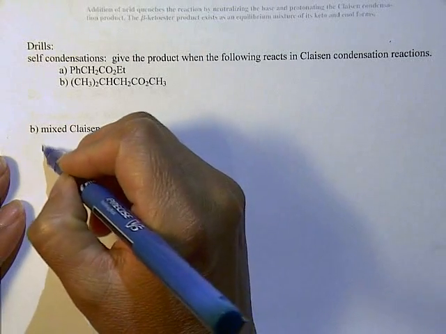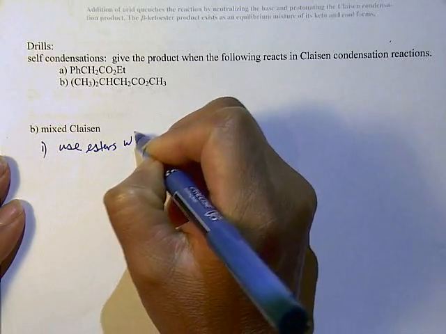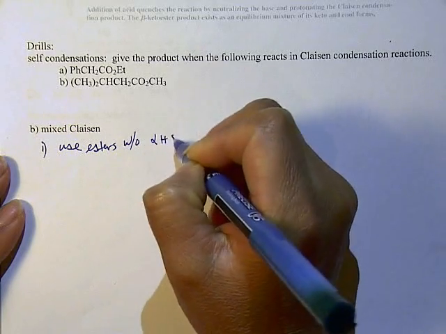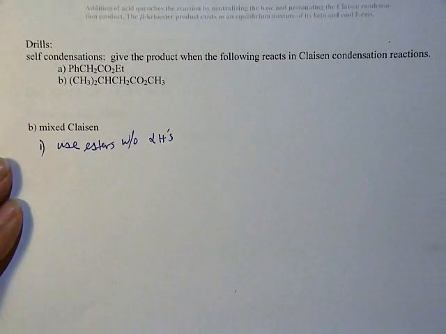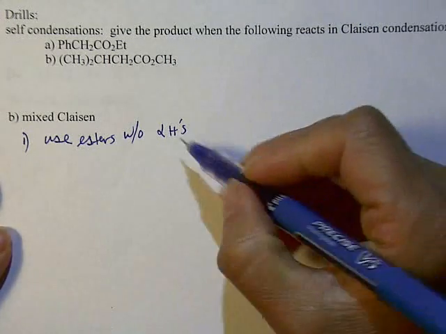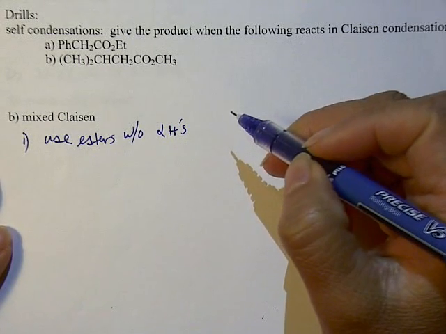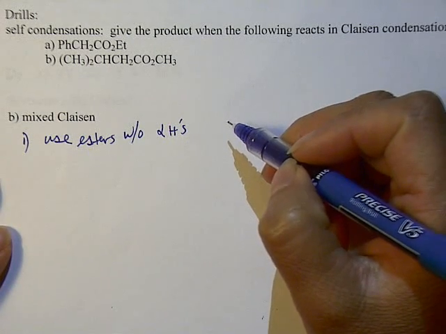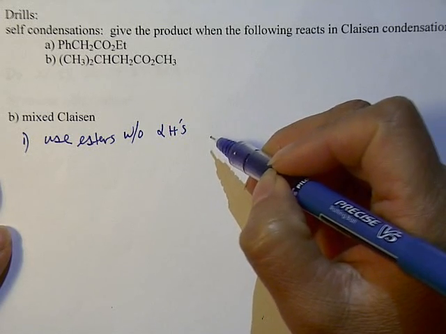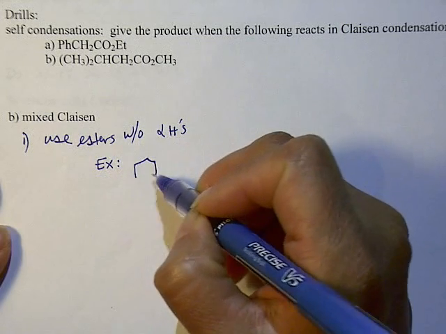So what you want to use is esters without alpha hydrogens to avoid having 4 different products of Claisen reactions. So if at least one of them cannot serve as a nucleophile, then you're limiting the number of possible products that you could produce. So some of the examples of these are